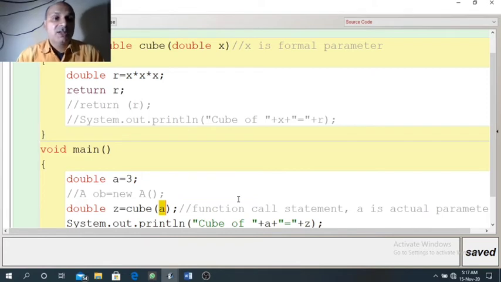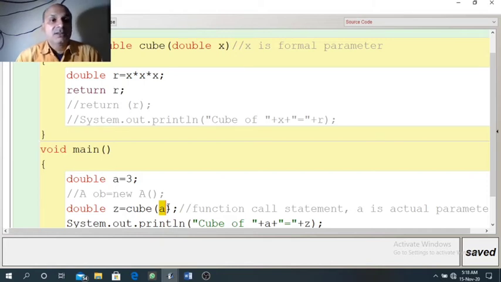Whenever we call a function, we need to remember three important things. Like here, we are calling function cube. The spelling of this function should be exactly same, and this function should be present inside the class. So here it is present. Now, the number of arguments received by function should match with number of arguments sent. So cube function receives one argument, so we are sending one argument.